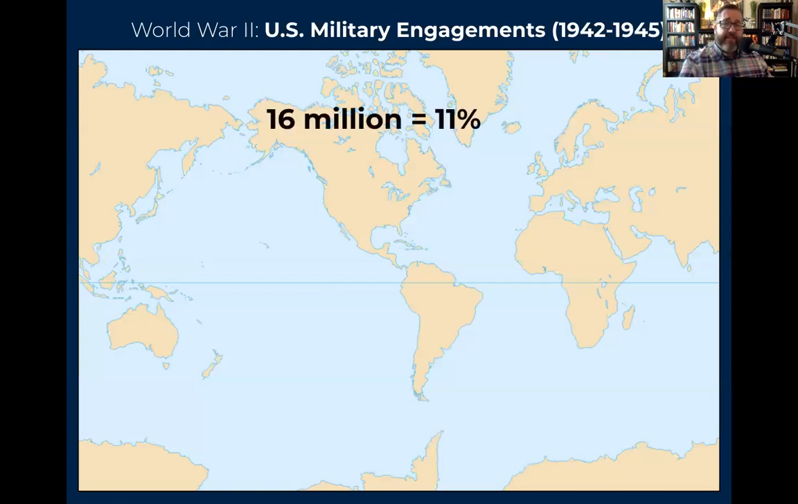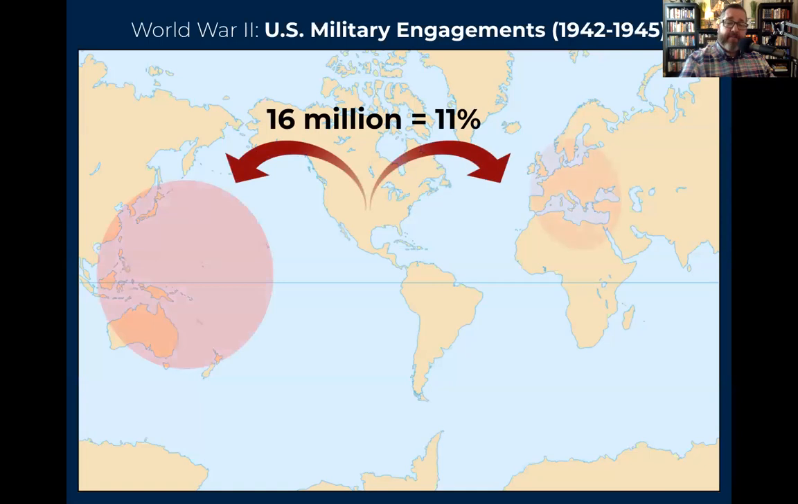There's your military campaigns. We'll take just a few seconds and wrap up here. 16 million men served in uniform. That's about 11% of the U.S. population. They're going to serve in 2 campaigns, both in the Pacific and in the European theaters. In the Pacific theaters, and any of these campaigns, you could go back and look at why they are significant